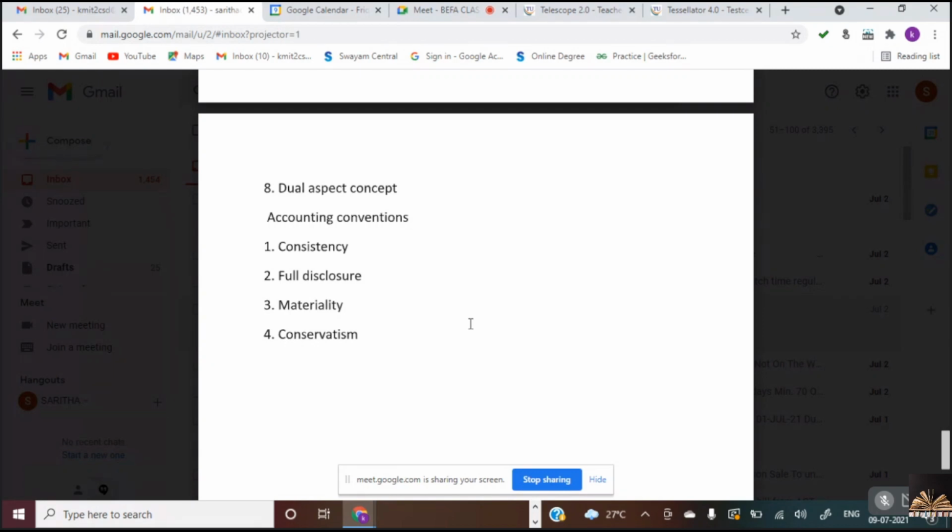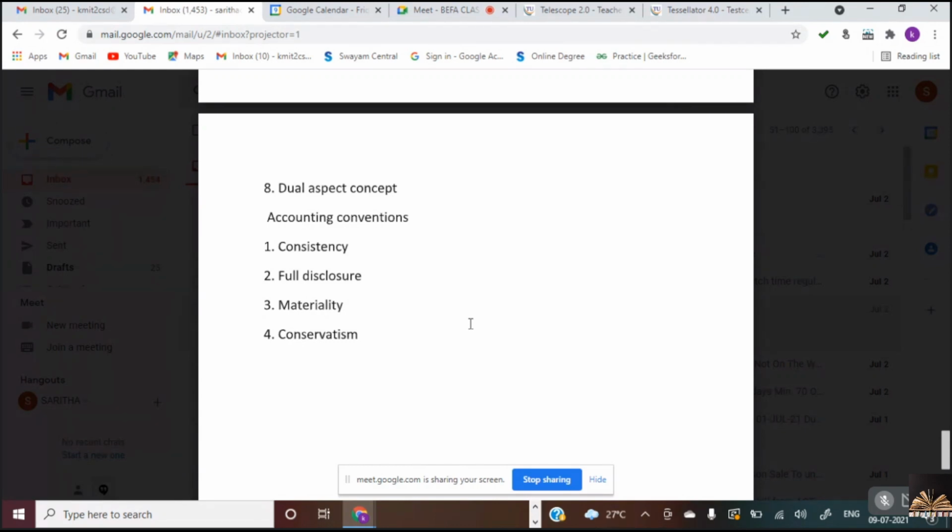Whatever may be the method, it should be maintained for a longer period of time, so as not to have differences in the amounts. That is known as convention of consistency. Did you follow, Nana? This is the first convention, known as consistency. That is nothing but follow the rules and regulations, follow the policies for a consistent period of time, say at least for 5 years, in order not to create confusion.